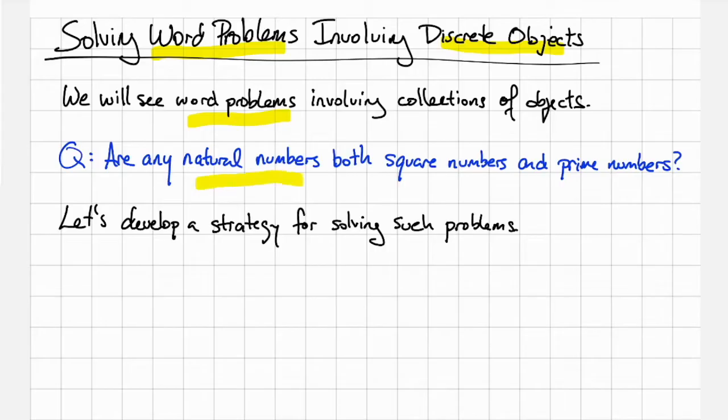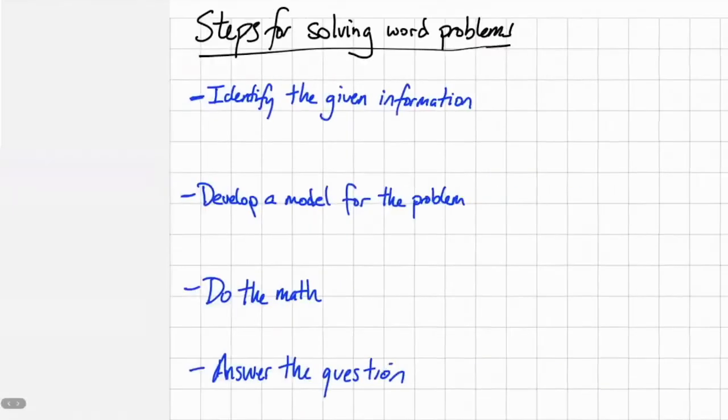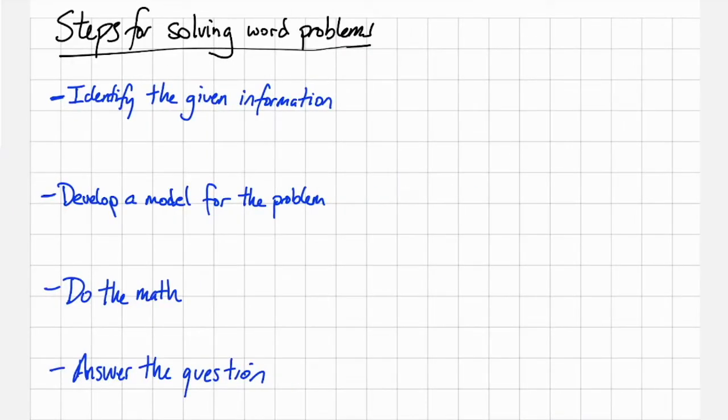Are any natural numbers both square numbers and prime numbers? This video is about developing a strategy for solving such problems. And by the end of this video, we'll answer this question. Let's get started. Here are the steps you should take whenever you want to solve a word problem involving collections